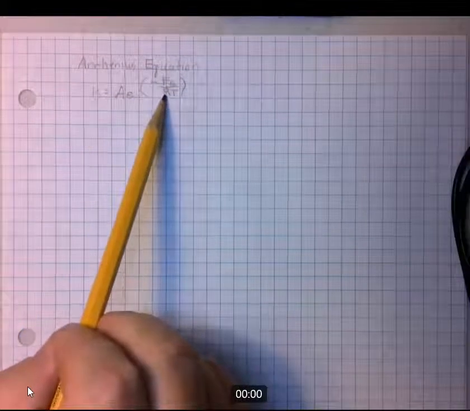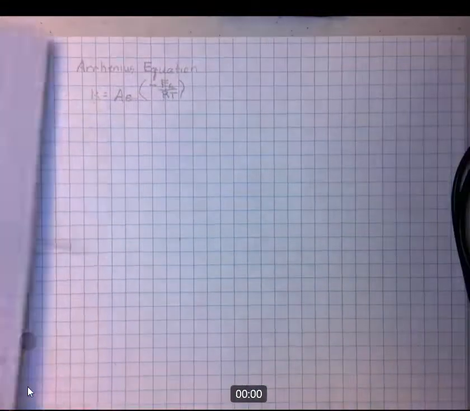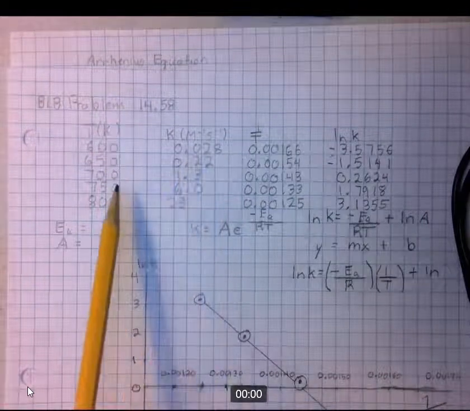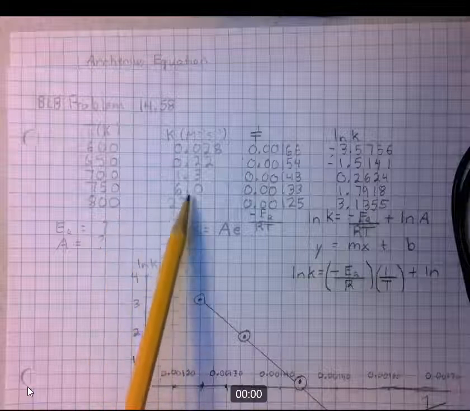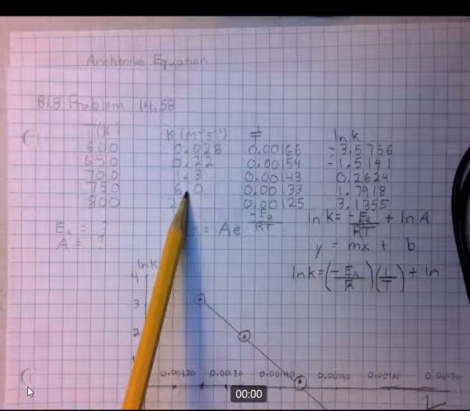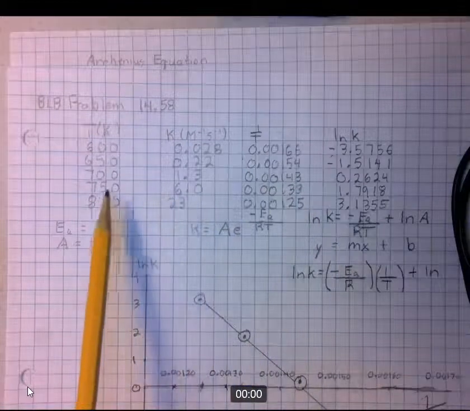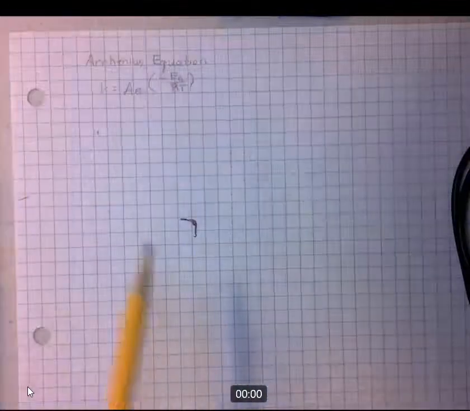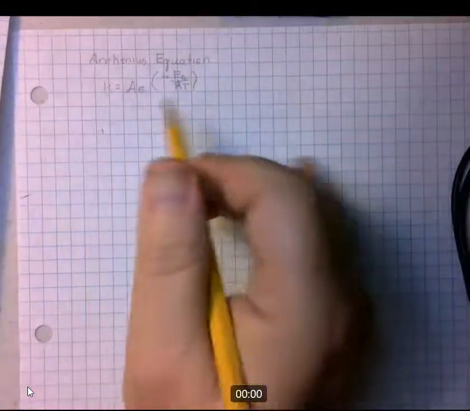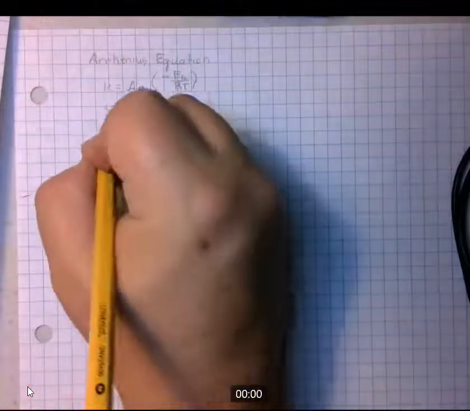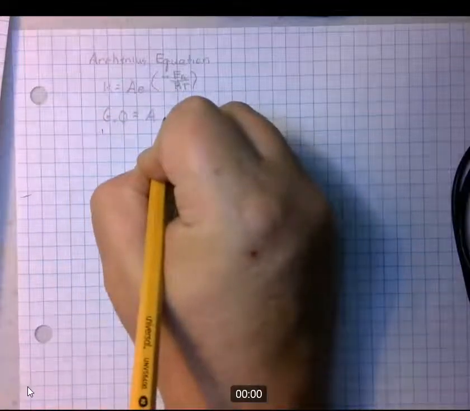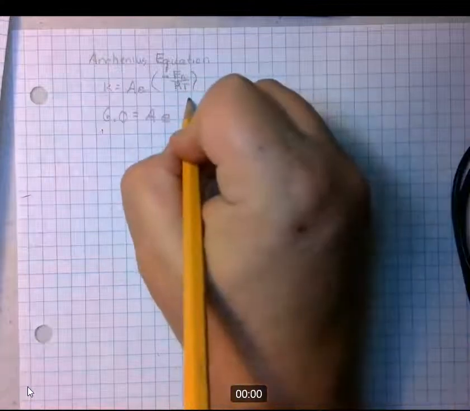R is 8.314, and temperature is what we have on our table. So we're going to go ahead and plug in the numbers. We pick any combination here of temperature and K. So let's just go ahead, and I kind of like this one because it has a nice round number for K. We don't have to use this. We just use the value of K and the value of T for this formula right here. So we have 750 for T, and we have 6.0 for K. So 6.0 for K equals A, E,